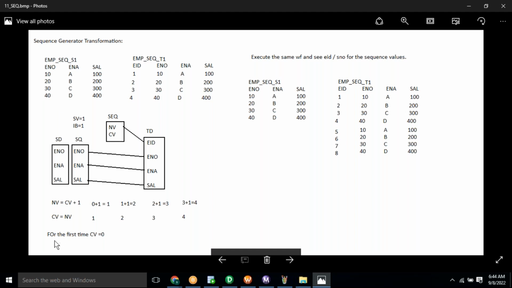And always for the first time the current value will be 0 by default. For the first time inbuilt the current value will be 0, right? So now as soon as we started execution, since the start value 1 and increment by 1, first record 10A 100 it will send to the target parallelly. Sequence generator, next value equal to current value plus 1. What is the current value for the first time? 0. 0 plus 1, plus 1 means increment by 1 we have said,